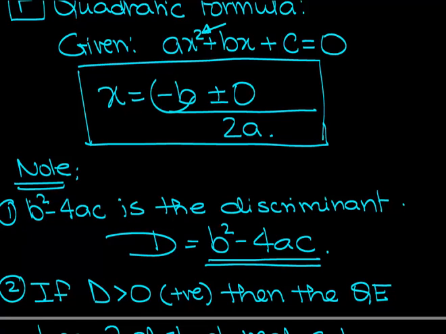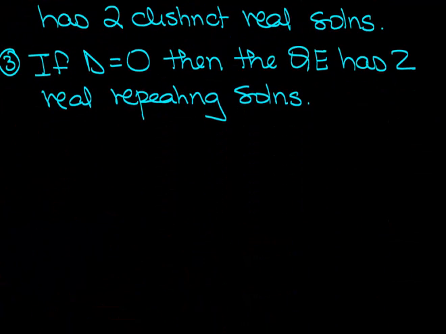So when you take b plus 0, you get one solution, and you get minus b minus 0, you get the second solution. So you still get two solutions, but they happen to be exactly the same. And then the last case is if d is less than 0,